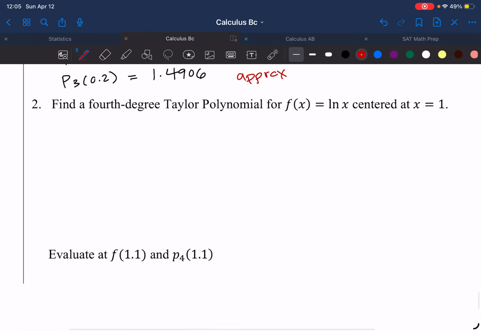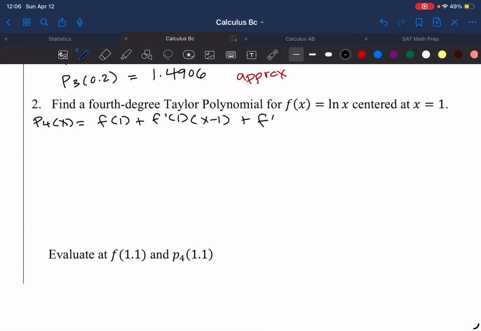It says find a 4th degree Taylor polynomial for f of x equals natural log of x centered at x equals 1. And so I'm going to write down my formula first. Notice it is a Taylor polynomial where they gave me the x value. So this is p sub 4 of x is equal to f of 1 plus f prime of 1 times x minus 1